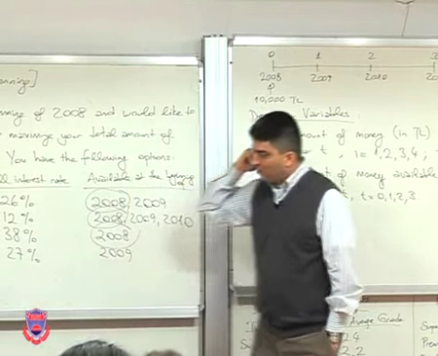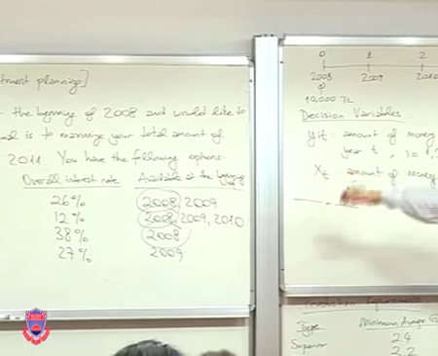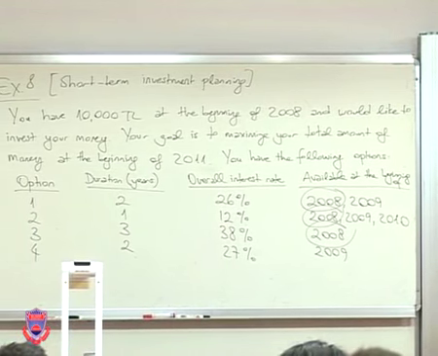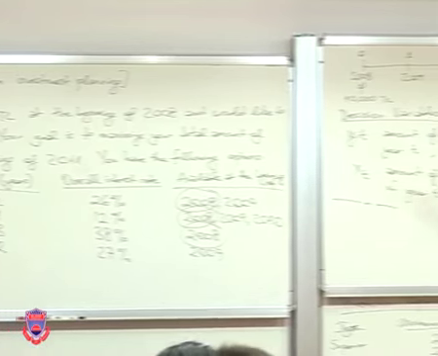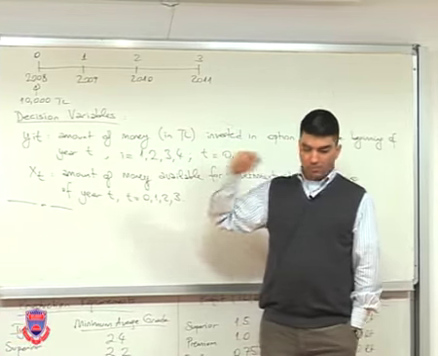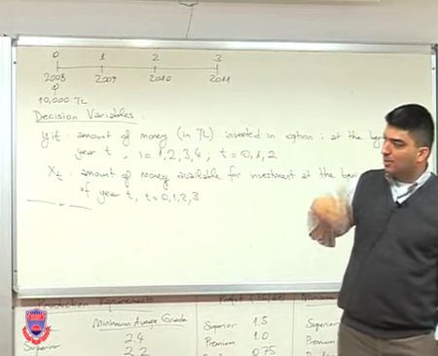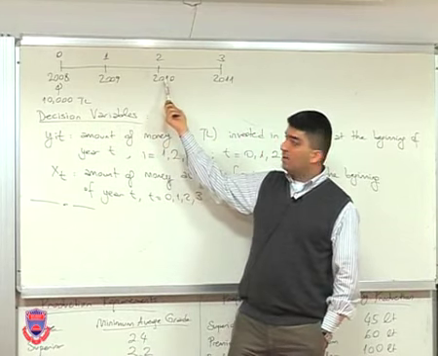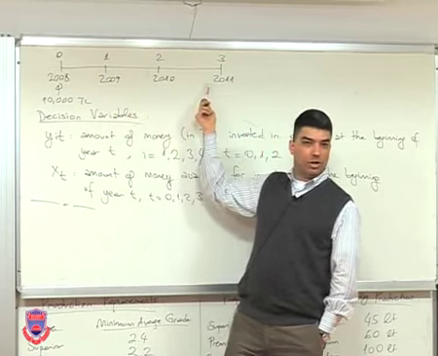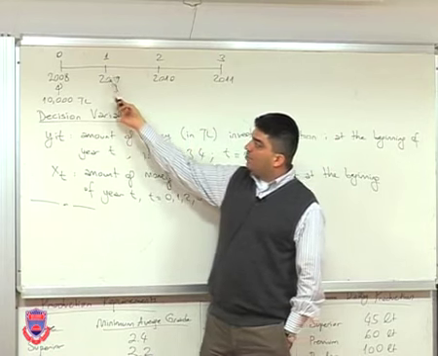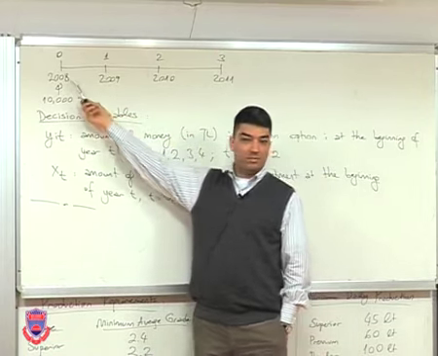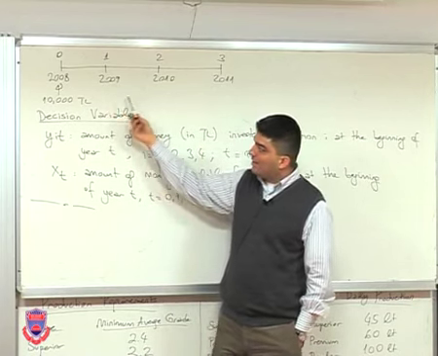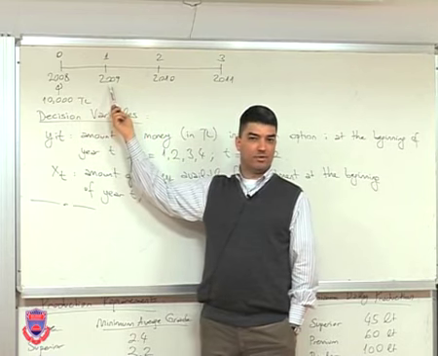Okay? So essentially what I'm trying to say is the following. If this is the scenario, if these are the options I have, it's always profitable for me to invest all I have. Okay? Now, however, this is not always the case in an investment problem, because what might happen is the following, not in this problem, but there might be some other problem for which, for example, here I have a 2-year option, okay? And then here, maybe I have some other 2-year option. Then, if this 2-year option is much better for me, then I can actually wait until this time period, okay? So in that case, it might be better for me not to invest my money in the first year,